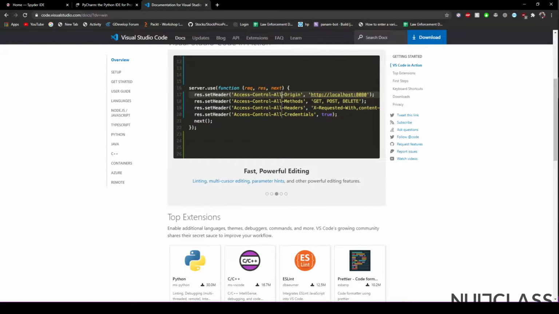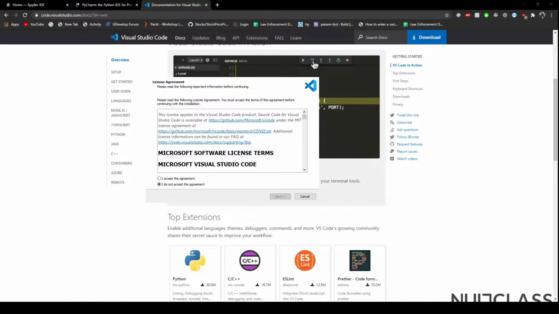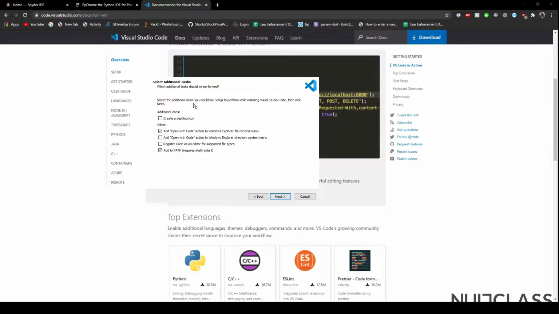So now when you open the VS Code installer, the window will appear something like this. Here you will just need to accept the agreement and click on next, and I recommend you to create the desktop icon and add that open with code option and this add to path.